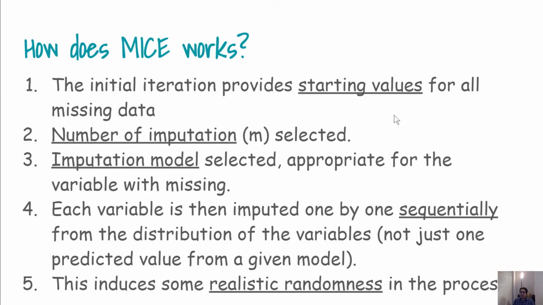So how does this MICE really work? So remember in the main discussion I was talking about a couple of steps. All of these steps are applicable to this MICE. So the way this MICE works is that initially it provides starting values for all missing data. Then we select a value of M, how many imputations of data set we want to build, say M equal to 5, for example. And then we select the imputation model, and we select the imputation model based on the